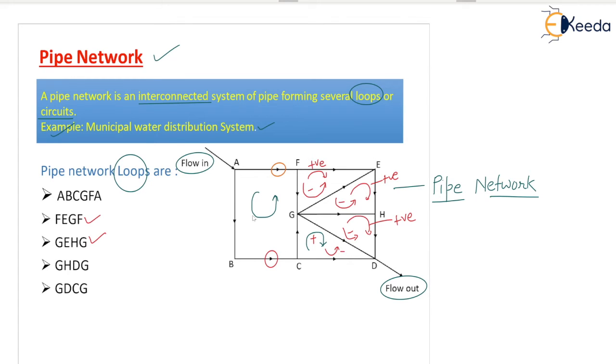Look at this bigger one. A to B, B to C, and C to G are moving in the anti-clockwise direction, so negative, and these two are moving in the clockwise direction, positive. That means in a loop, one direction must be opposite, and only then will it become 0. Otherwise, it will be either completely positive or completely negative, correct? So both positive and negative directions should be there.